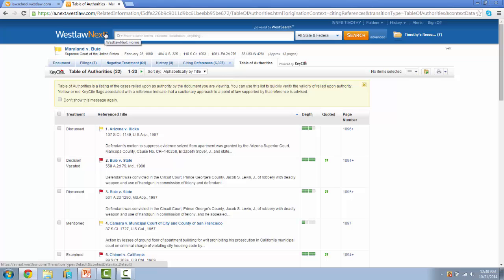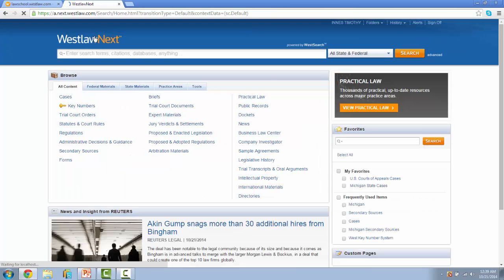Okay, let's get down to some actual legal research, and let's go back to the home page. That can be done by simply clicking on the WestlawNext logo, the top left. Let's first look at the jurisdictional search method, and this will restrict your search to a particular jurisdiction or set of jurisdictions. To set that up, simply click on the button directly adjacent to the search box,